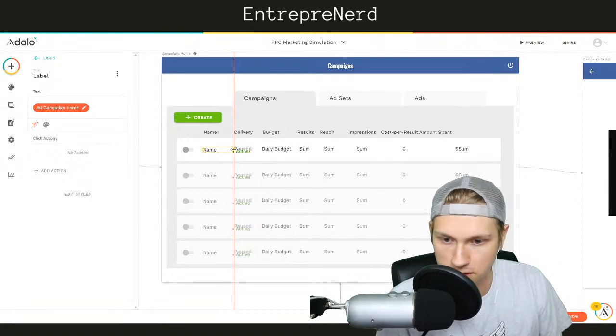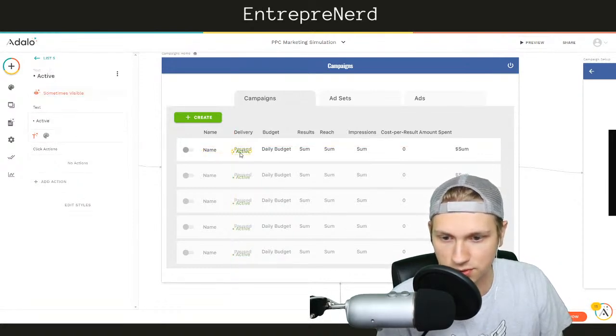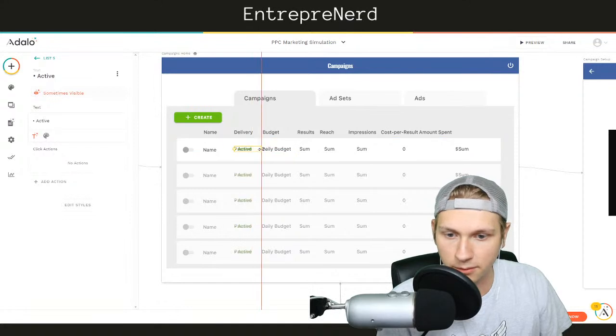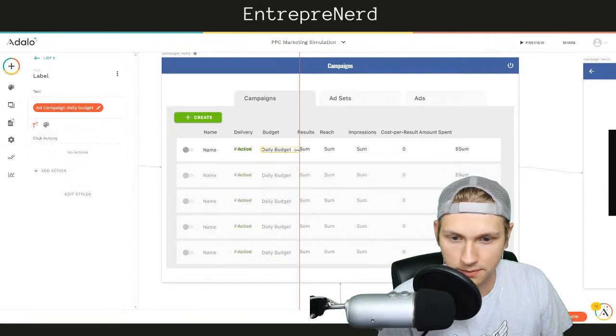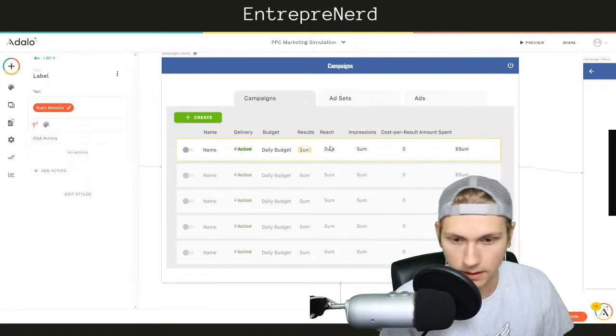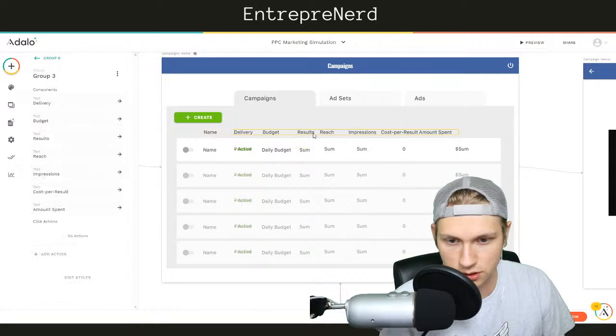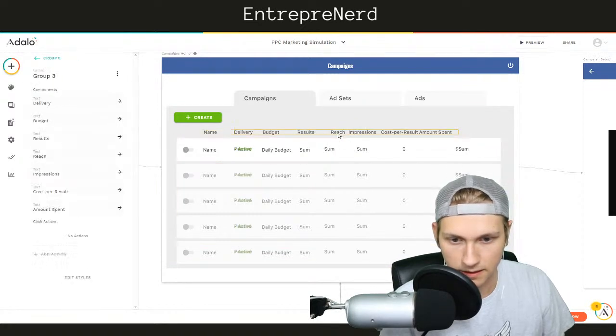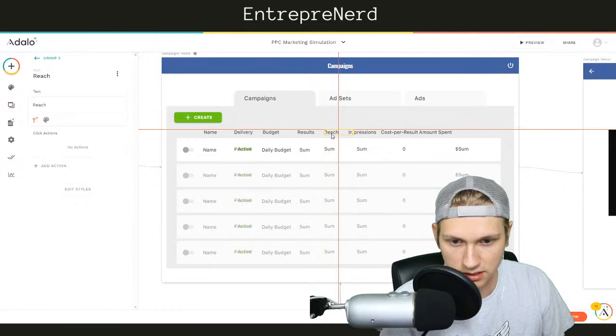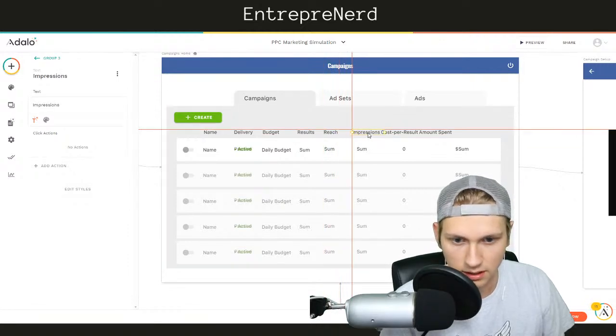Okay. So boom, behind delivery. And then paused is right there, and then active is also right there. Beautiful. And then we're going to bring this out here. Daily budget's going to be tied to that. And then this is going to come up to here, I guess. And then sum is going to be slapped onto that. Beautiful. Reach is going to be out to here. No, it's going to be out to there. Beautiful. And then this is going to be slapped up right next to it there. Beautiful. Aha! We're figuring it out.